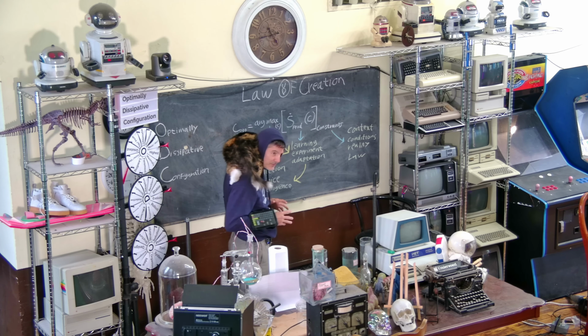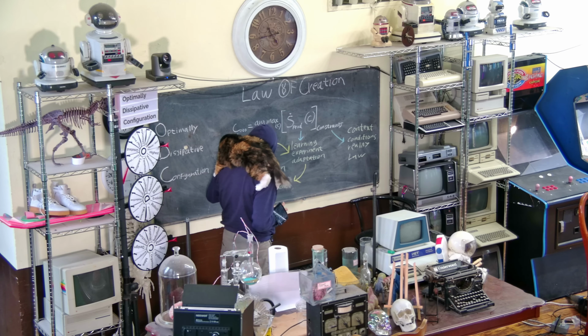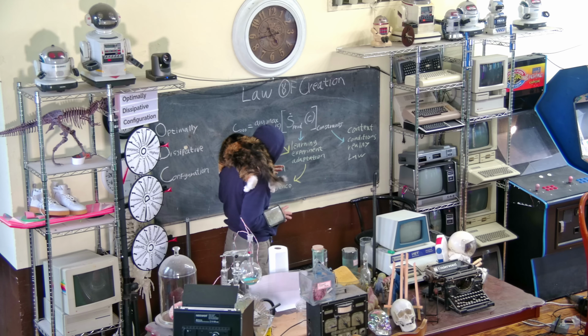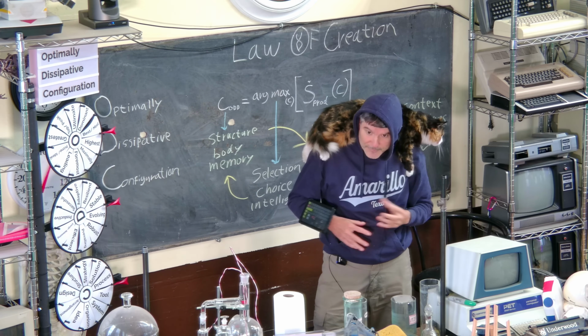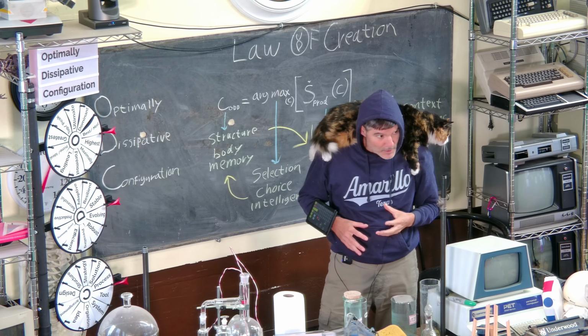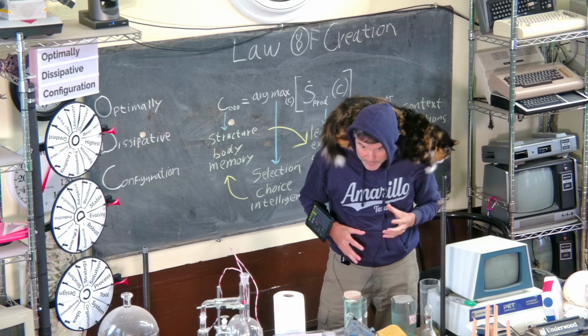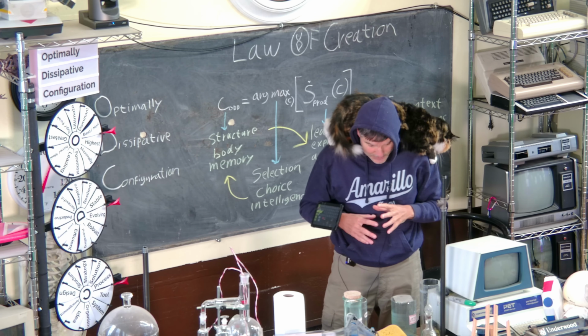And as we discussed, it has to be a universal thing. So here we're going to be talking about entropy production. Entropy production means what is the fastest, most efficient way for energy and materials to get through.